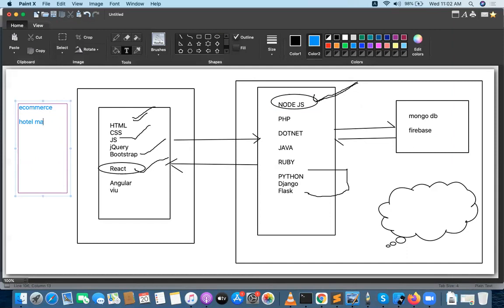However many types of projects you want, you can do that. I will give you better support. In class I will share an e-commerce project, and later I will share some links to different kinds of projects related to the front end and back end, and you do the work with that.